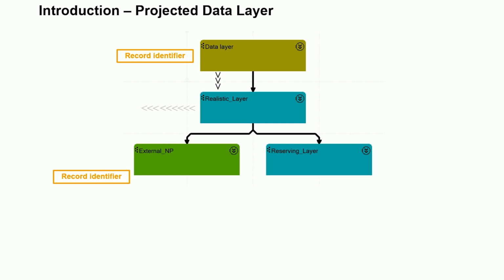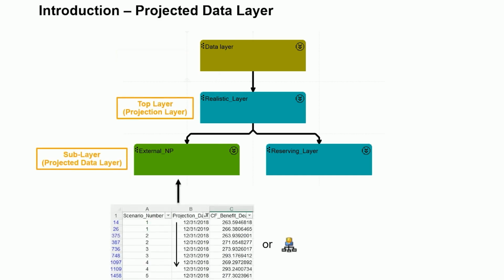To read projected data, it is necessary to have a data record processed by the data layer that can be passed into the projection layer. This data record can, in many circumstances, consist of just the record identifier, as the cash flows are read in from the projected data layer, and no further record-based calculations are necessary. R3S Modeler also has the capability of reading in more than one scenario of cash flows. In this case, a scenario variable is required to be defined in the projected data source.